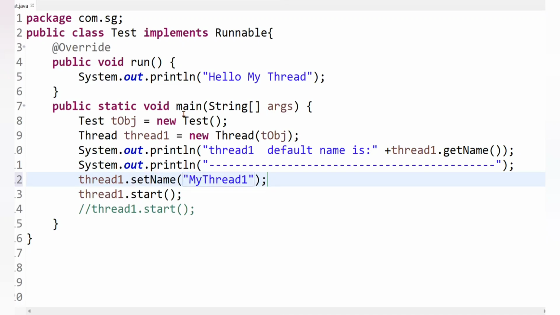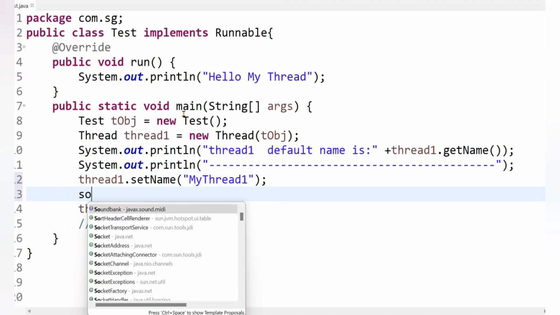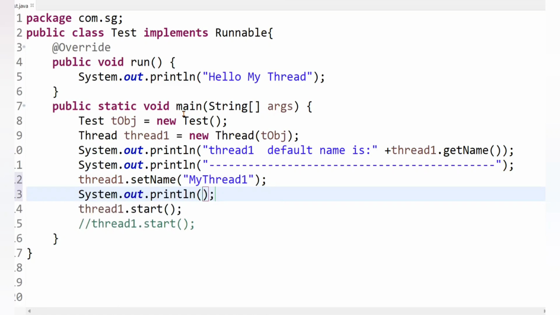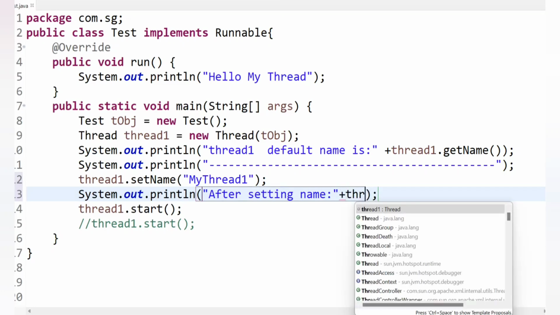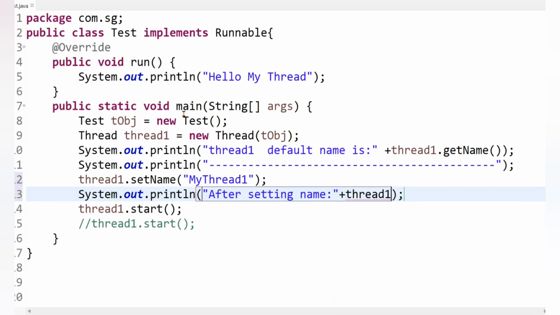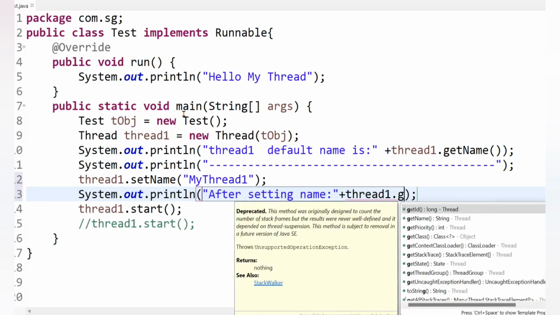So for that we will need to write inside the println method after setting the name. Okay, and here we will need to write thread1.getName.